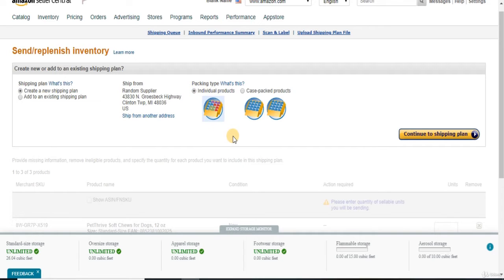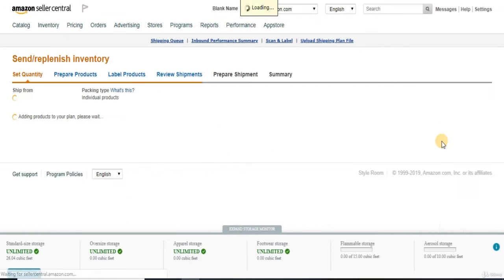So let's just say your supplier had a case pack and their minimum case pack was you had to order a quantity of 12 for that case, and you wanted to order 10. You could reconsider, and instead of ordering 10 products, order 12 just so you get the case packed. But yeah, I'll be doing individual for this example, so make sure you put your ship from address, your supplier's address. This is just a random address. So let's click continue to shipping plan